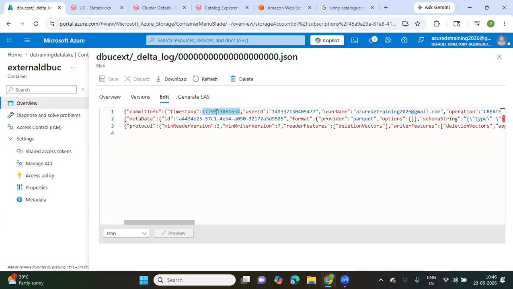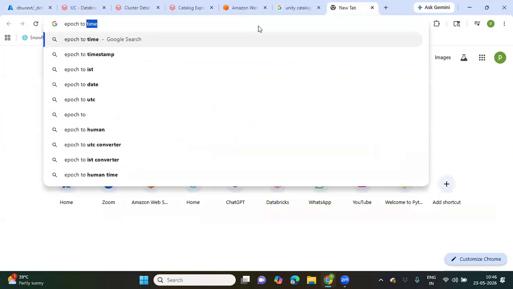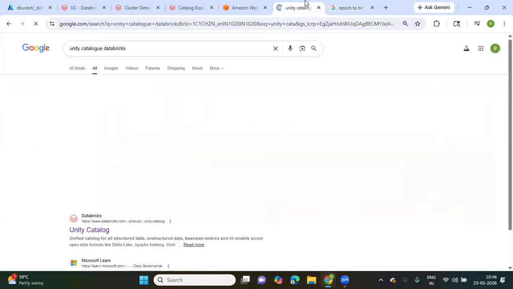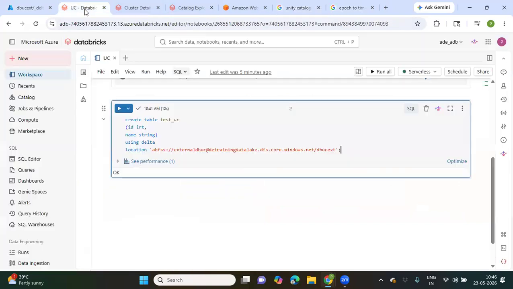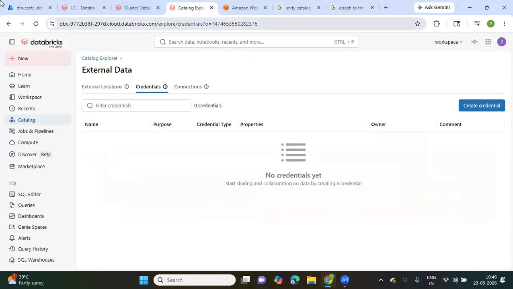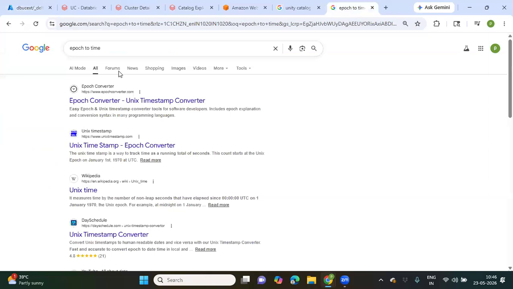This is in epoch. Epoch means, let me show you. Timestamps will sometimes be in epoch. Epoch means the 10 digit or the 12 digit number. It should be converted to the human readable format. Epoch number is not in a human readable format. Let's see. I'll convert this timestamp to IST. Epoch to